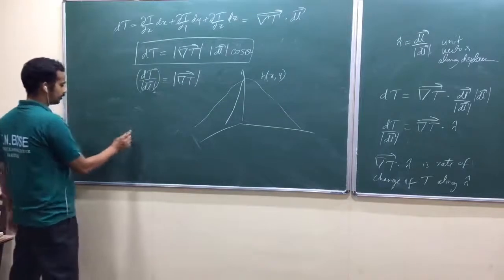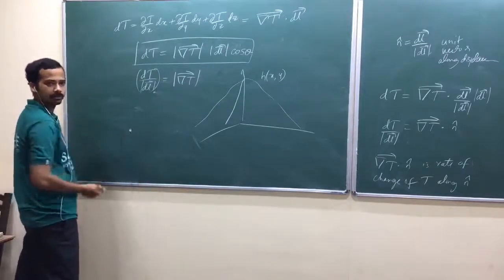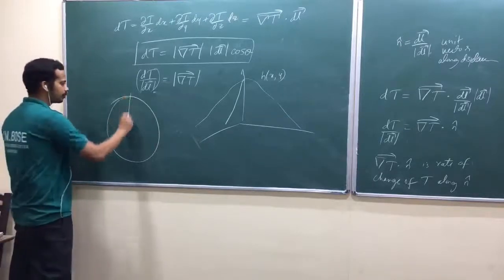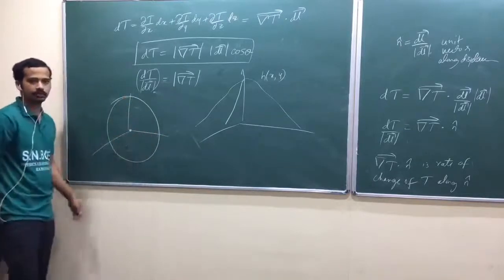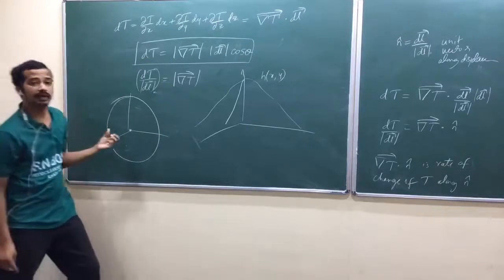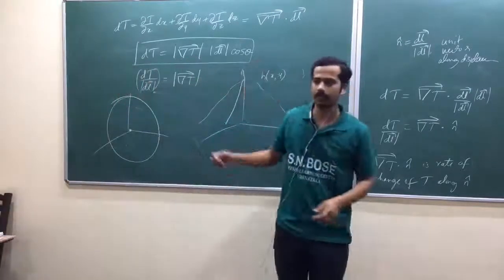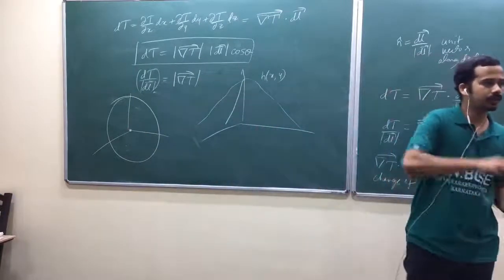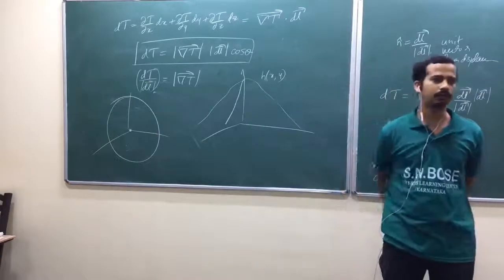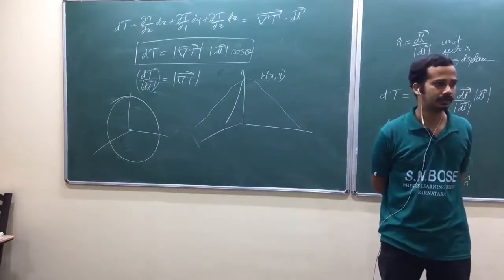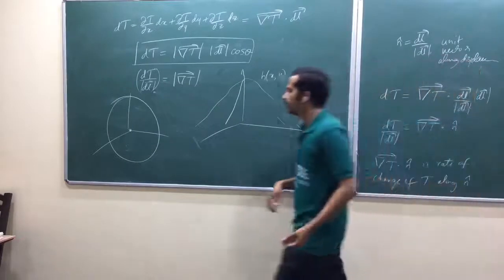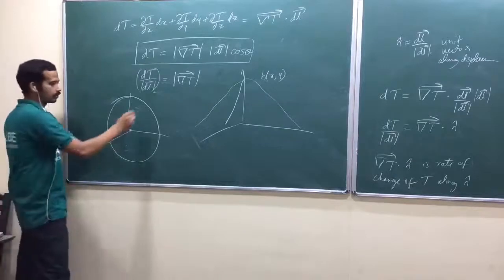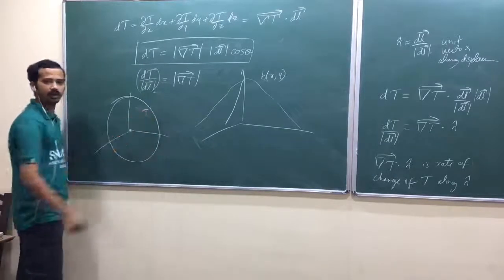Suppose I have a fire here, or a tungsten bulb placed here. Now you have a spherical surface, so take your spherical polar coordinates. The tungsten bulb is placed at the origin of your coordinates. Now you are moving radially outward. Obviously, when you move radially outward, your temperature changes in the maximum way. Am I right? So now your temperature is a function of x, y, z, or r, theta, phi.